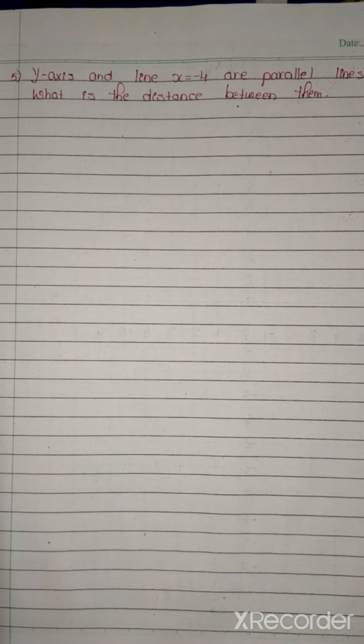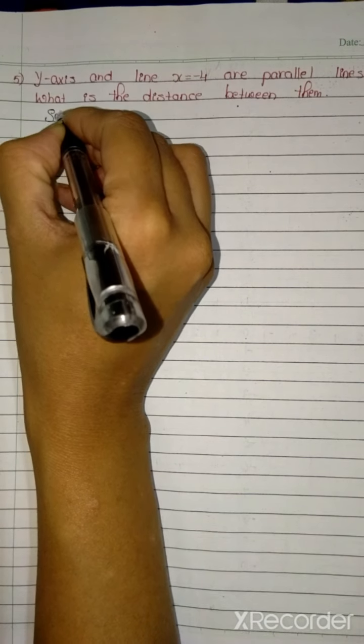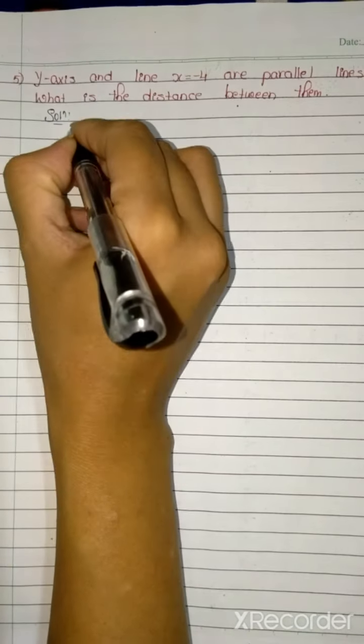Question number 5. Y-axis and the line x equal to minus 4 are parallel lines. What is the distance between them? यहाँ पे एक y-axis है and एक line x equal to minus 4 है. Both are parallel to each other. We have to find the distance between them. So the solution, or answer for this question: